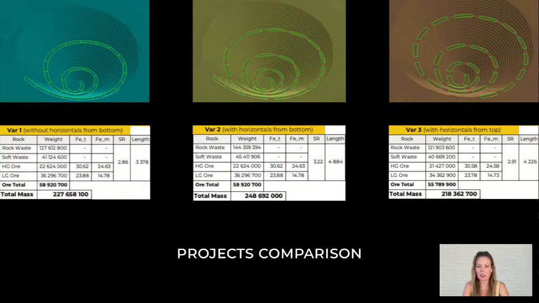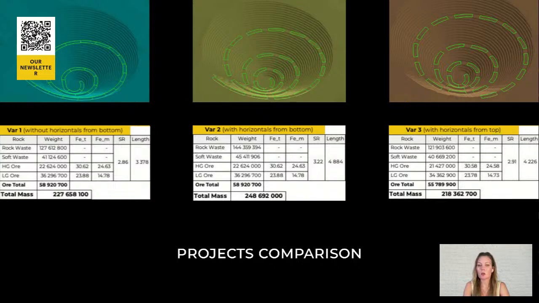That's quite significant, especially when you think about the impact on every ton of rock mass removed from the mine. For the third option, we fall short by about 3 million tons of the required ore. This reduces the total removal from the quarry, both ore and waste, as we can't reach the same level at the pit bottom. The stripping ratio goes up and the haulage distance increases by 900 meters.